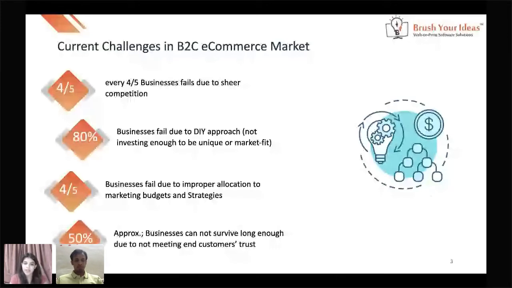According to the facts, I have gathered this information that we have seen 4 out of 5 businesses fail due to sheer competition. Most newcomers think, I want to make my business similar to so-and-so competitors, and due to worthy offline competition, somehow they are not able to compete, unknowingly, on how to create the hype in the marketplace. This is where most markets fail, and this is the biggest challenge that we have seen so far in the B2C e-commerce marketplace.